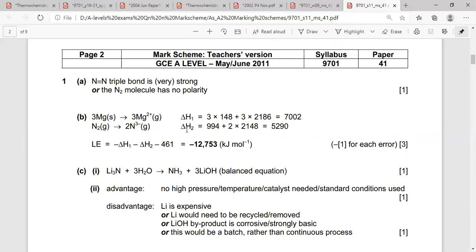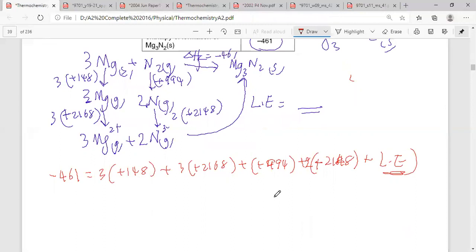So I've taught you how to define it, how to draw the cycle, how to write the equation for this energy, and how to calculate for different kinds, from NaCl to Na2O to magnesium chloride to magnesium nitride, all different from barium nitride. You can do more examples by yourself. I finished this part on lattice energy. Next time I'll go through the factors that affect it. Bye bye, and I'll see you